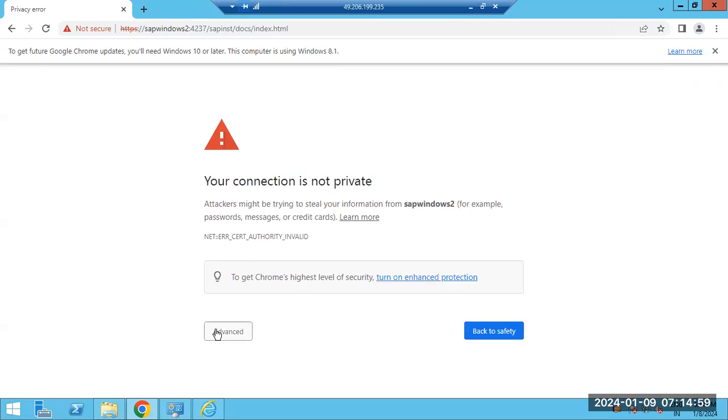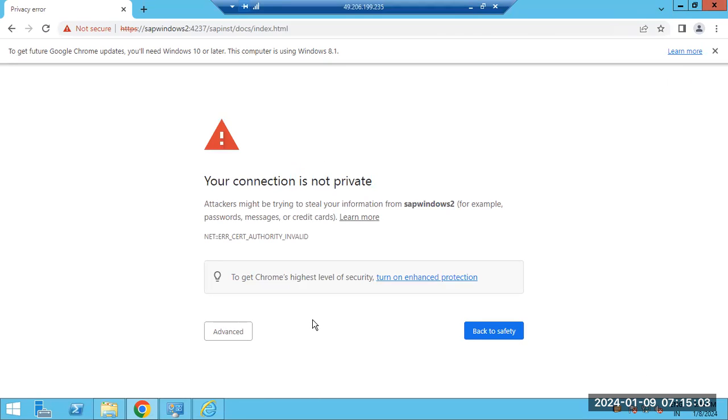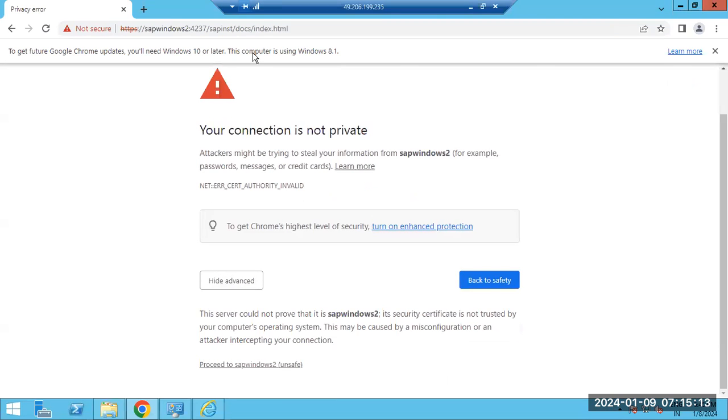It will go to the advanced mode. Just go to some people, so you will get the screen. After that, what you have to do, you are not sure, right? So just go to the advanced here. Go to the advanced here. In the advanced mode,